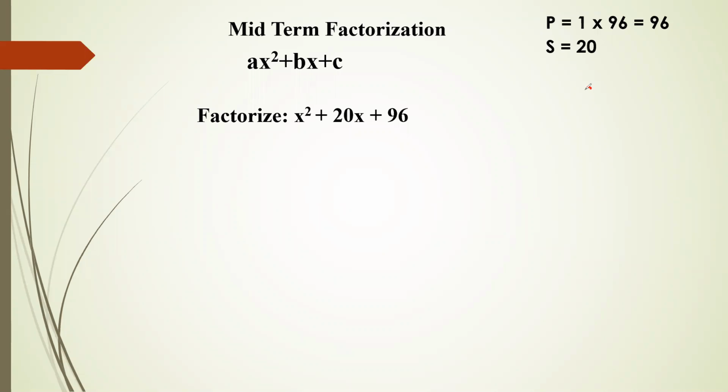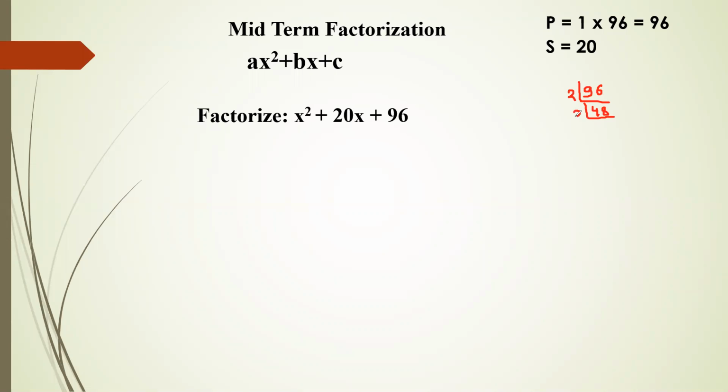See, here is 96, okay, is a product. So let's divide this 96 by 2. Then we'll be getting 48 here. Okay, 48 times 2 gives you the 96. Now let's add these two. 48 plus 2. Is it 20? No, it is 50. So we have to get a 20. Remember, sum is 20, so we have to get a 20, not 50. So